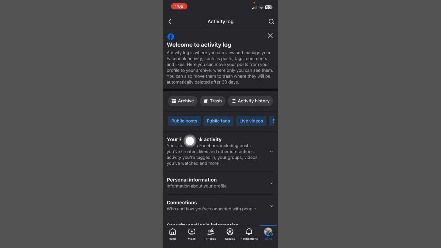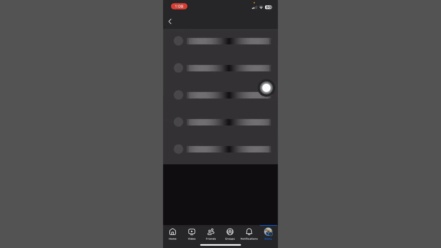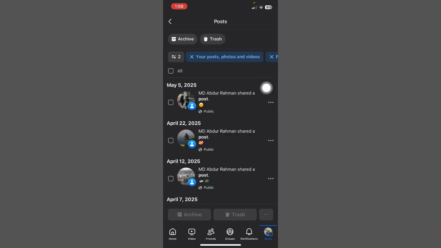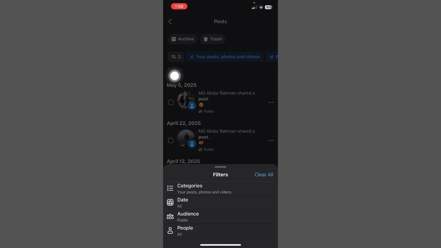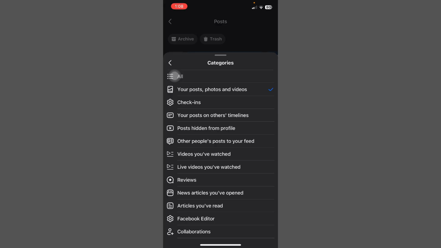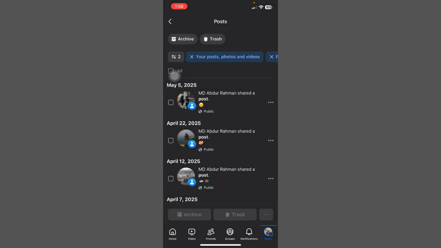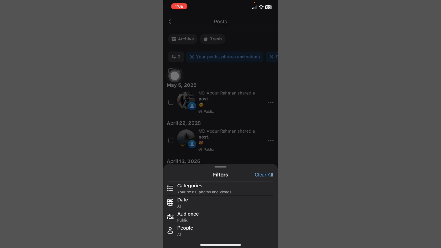Okay, tap on public post, just wait a few seconds and click on the filter option. Okay, tap on categories. Okay, then click on your post, then tap on people,